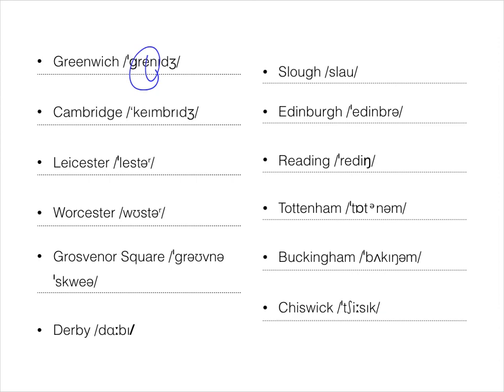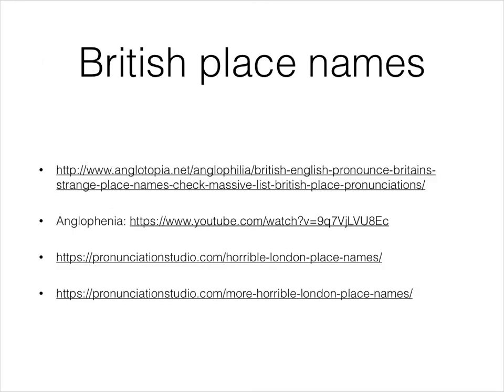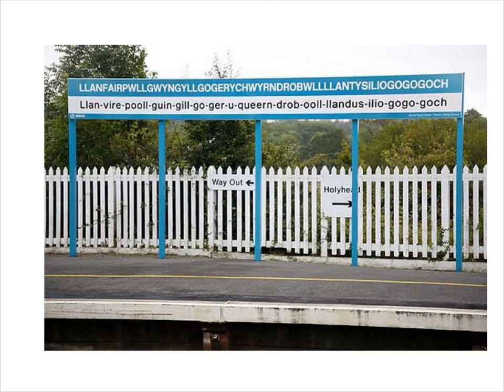I promise, the moment you know how to read these symbols, it's so easy to read English because you read what you pronounce, and it's just great. Place names here in these websites if you want to have fun, if you want to discover why things are. This is not exactly English, this is a Welsh place name, but it's the longest place name in Britain. If you ever dare to read it, then congratulations. And I did there, and it's funny because there is